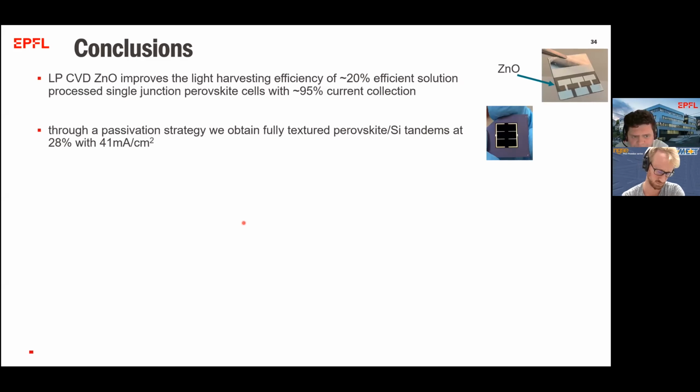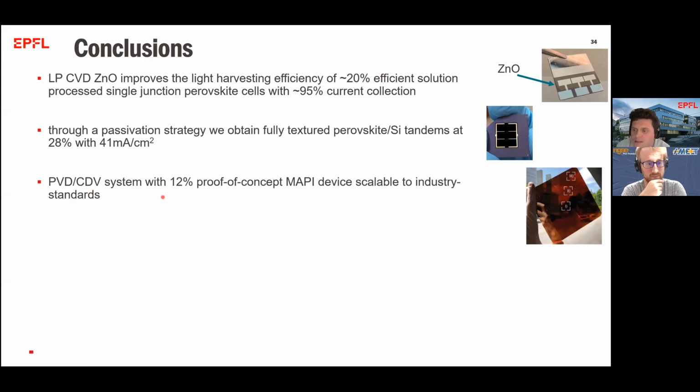By using a passivation strategy, we were able to get pretty efficient, close to world record efficient tandem devices with very high current density, combining the two subcells. And in the last step, I showed you a PVD-CVD system that we use in order to scale up the processes that we initially developed. And we managed to get large sizes and, well, let's call them mediocre proof of concept efficiencies with methylammonium lead